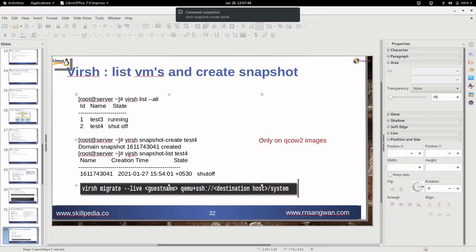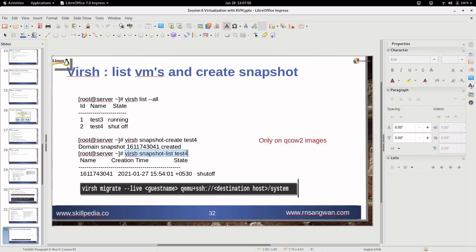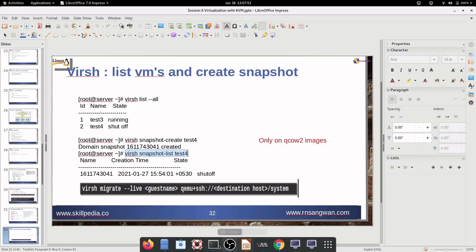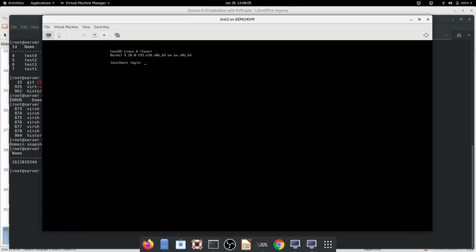Let's try. Hope it is done now, and I'm just doing copy paste because I want to save time. I hope you will not mind it. Let me show you that. And snapshot created, and you will see the snapshot list now, and all the machines are also running, snapshot also running. Let me shut down the machines to save time now.